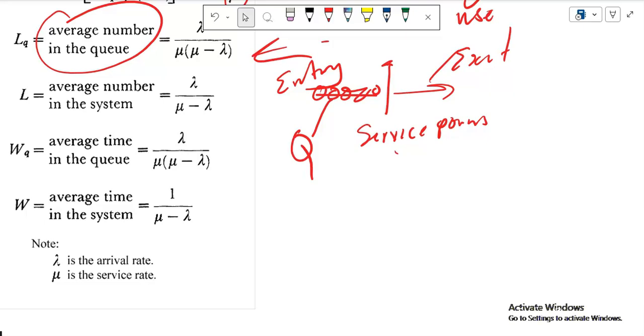Those are our basic formulas that we build our fundamentals on. Remember, we rely on 2 assumptions: that our arrival rate and our service rate are governed by the Poisson theorem,